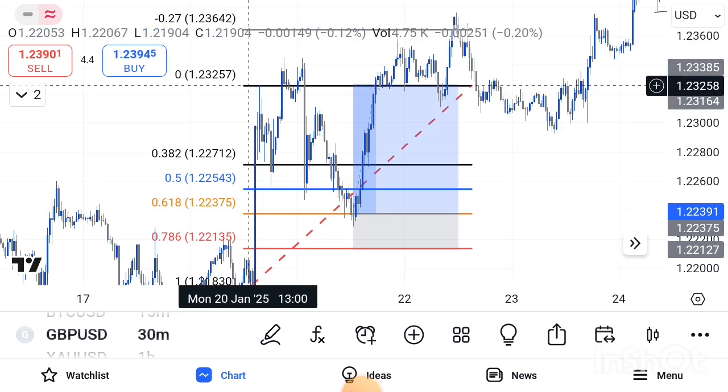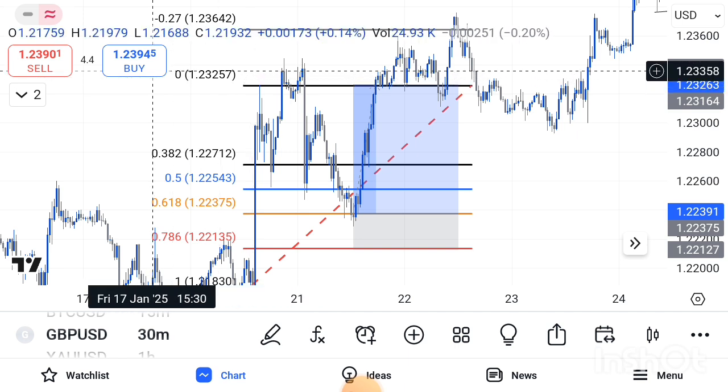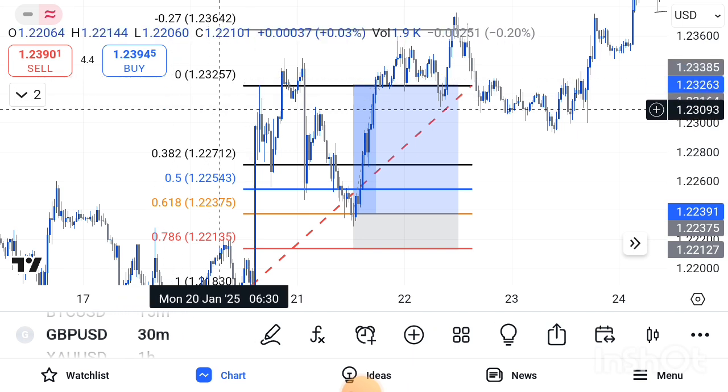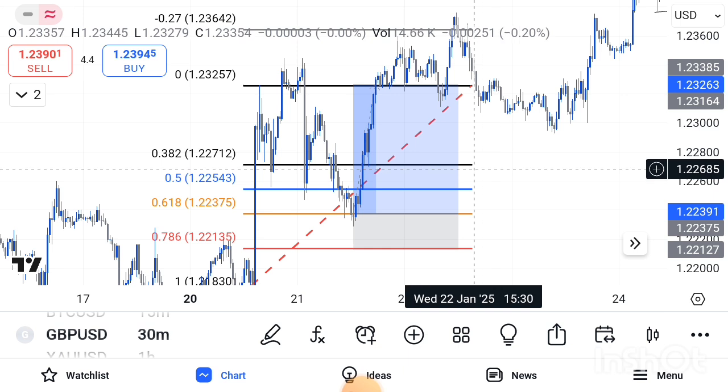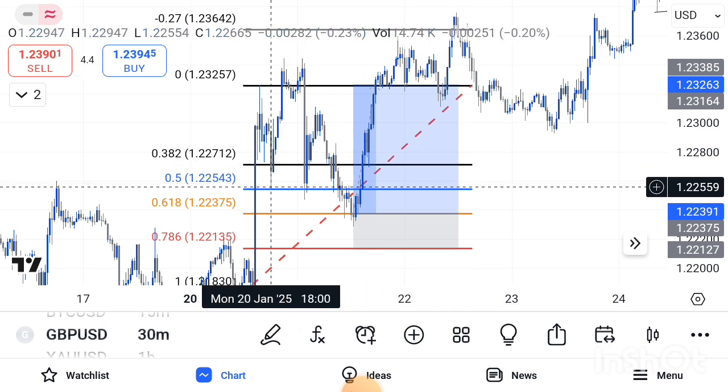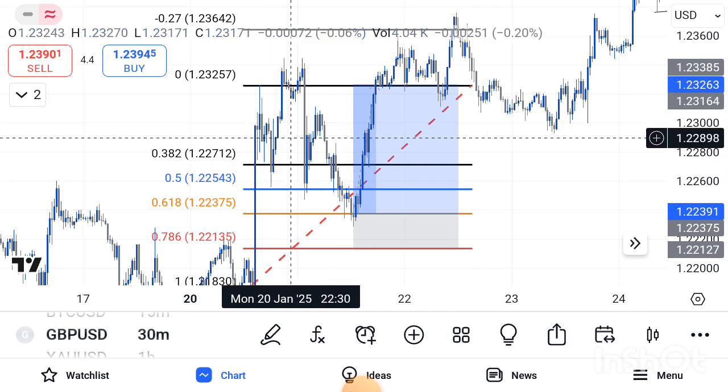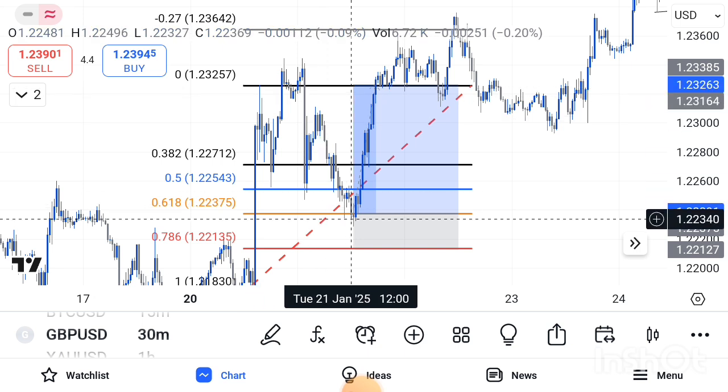And you see, if it's an uptrend, your swing high is always going to be 0. If it's in a downtrend, the swing low is always going to be 0. I'm going to show a downtrend example, so don't worry. So you can see price retraced several times. We know we are not interested in buying from here. We are not interested in buying from here. We are interested in buying from the golden zone,